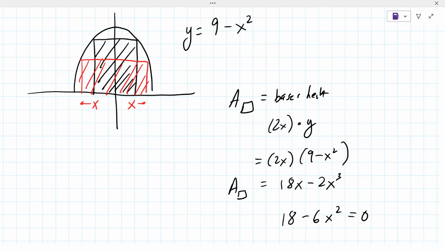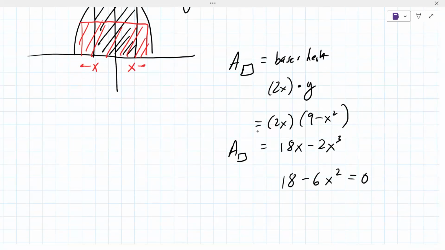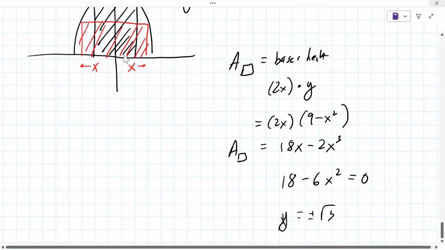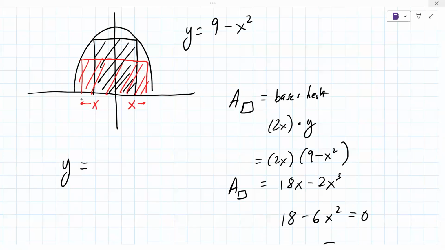So square root of 3. That's actually plus or minus, right? Y equals plus or minus, or x equals plus or minus square root of 3, because it depends whether you look at it going forward or backwards. And again, they could ask you for x, y. Y would be 9 minus the square root of 3